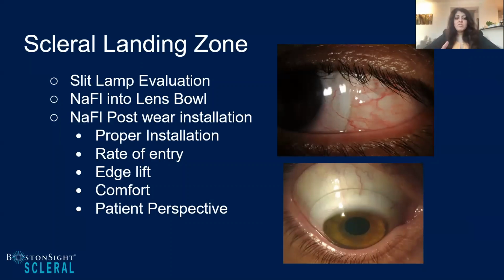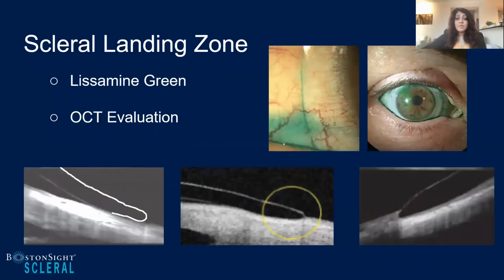The purpose of doing this is for you to be able to see the edge of the lens and see how fluid is moving in. How is that sodium fluorescein moving under the lens? Is it getting under at all? How high is that edge? And you get to see the rate of exchange that's taking place. Both having that fluorescein in the bowl versus putting it in afterwards are going to give you two totally different pieces of information. And I think both of those pieces are really important when you're evaluating the scleral edge.